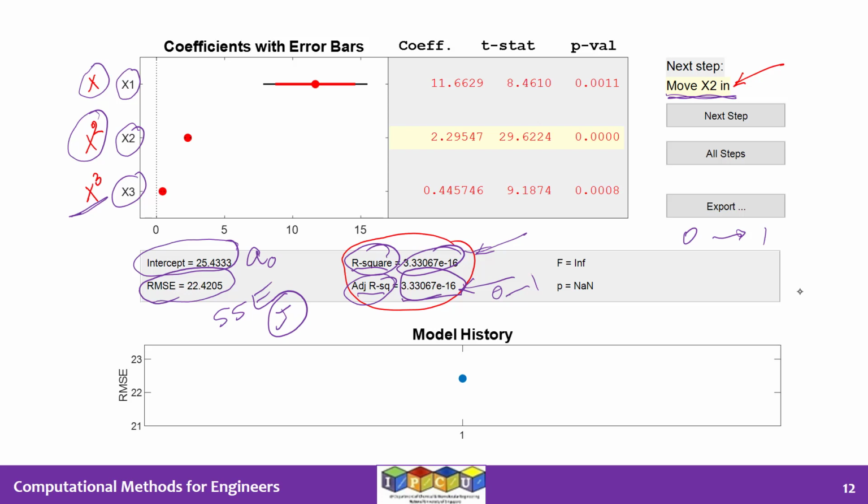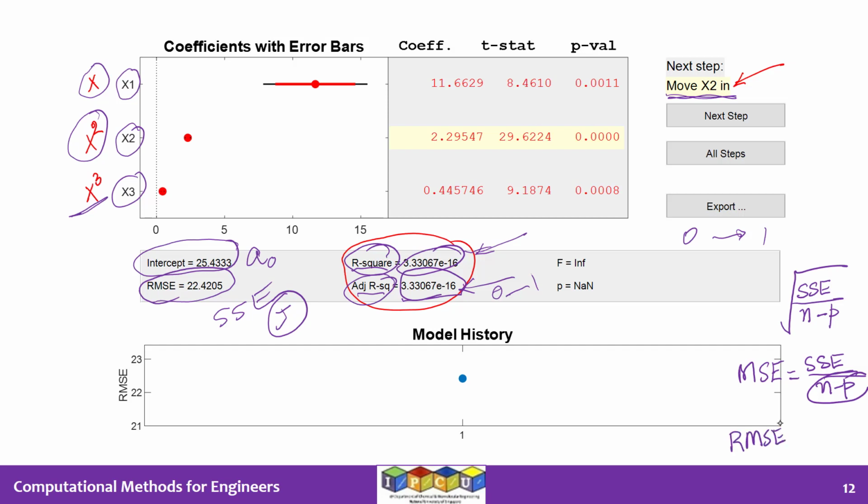That means you take the sum of squared error and you divide it by the number of samples minus the number of parameters, and you take the square root of it. So SSE by n minus p is the sum of squares divided by what is called the degrees of freedom. You had n data points and out of that you have estimated p parameters. So the degrees of freedom is supposed to be n minus p. This is why the statistics is very important for it. So SSE by n minus p is called MSE, and if you take the square root of MSE, you get RMSE.